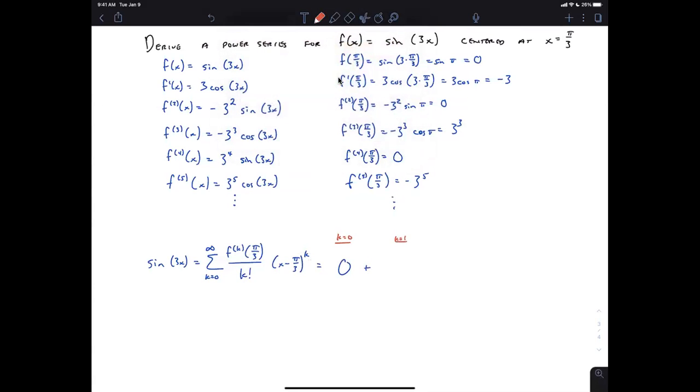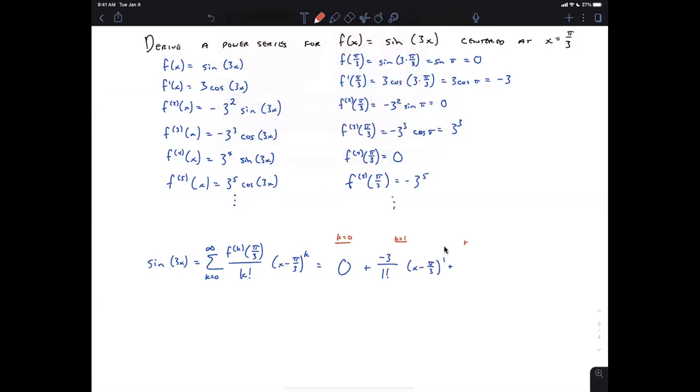So k equals 1 gets me f prime of pi over 3, that's off the list. So the entire numerator gets replaced with -3. Remember, this notation is not fk times pi over 3, it's fk of pi over 3. That's what we're getting from this list. So that whole numerator is -3. The bottom is 1 factorial